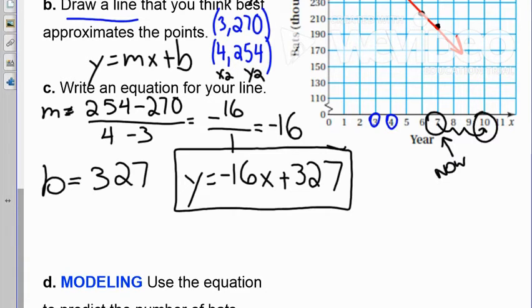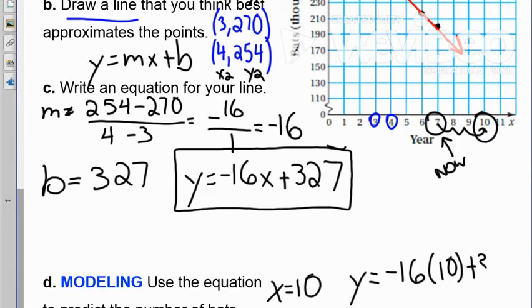That's 3 years from currently, which is 7. So I have negative 16 times 10 plus 327, and that should give you... All right, so looks like we're not going to be able to get the answer up on the screen, so I'll just tell you what it was. If we add negative 160 to 327, you should get